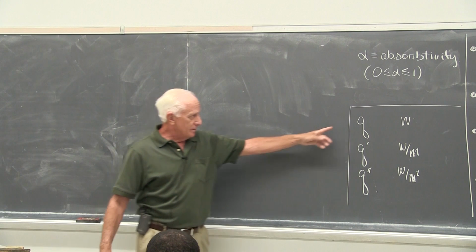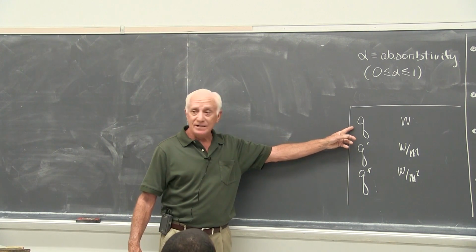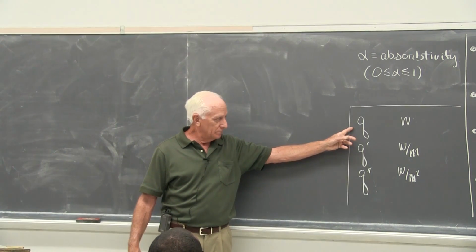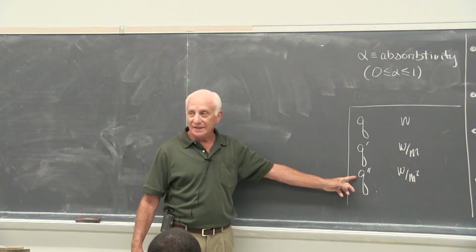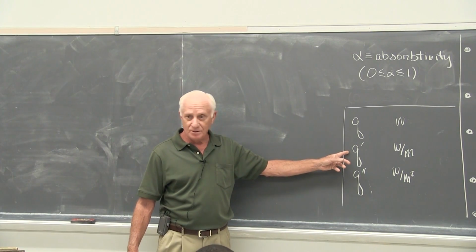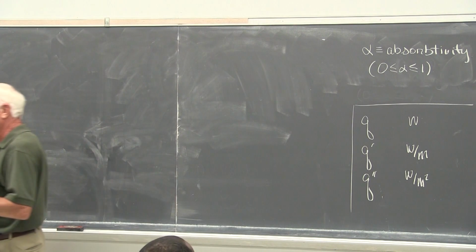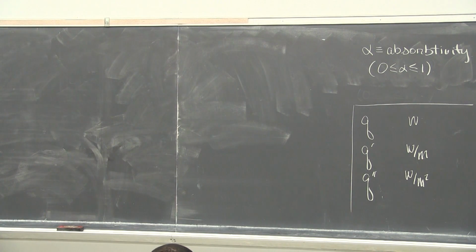Okay, and there's our Q's again: Q, Q prime, Q double prime. Q is called the heat rate, it's in watts. Q double prime is called the heat flux, it's in watts per square meter. Q prime is a no name, I'm not giving it a name. It's the heat rate per length. That's what it really is, heat rate per length.